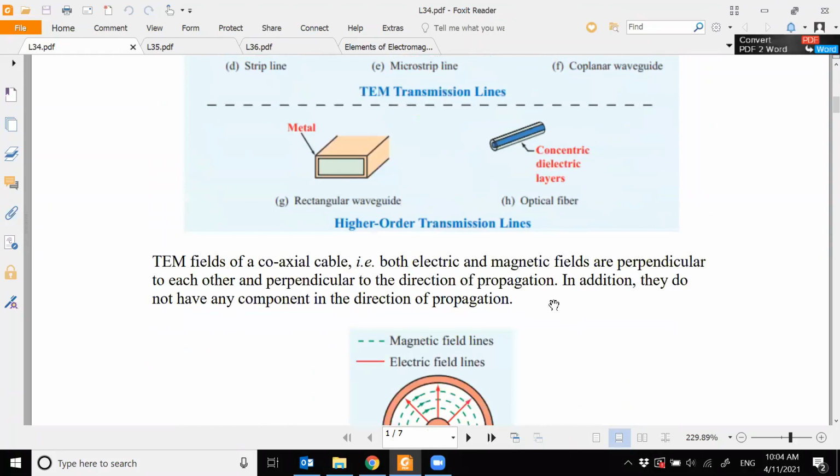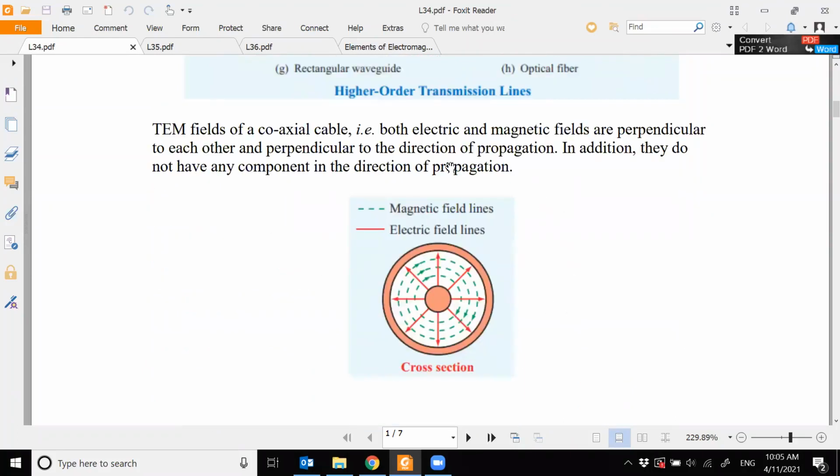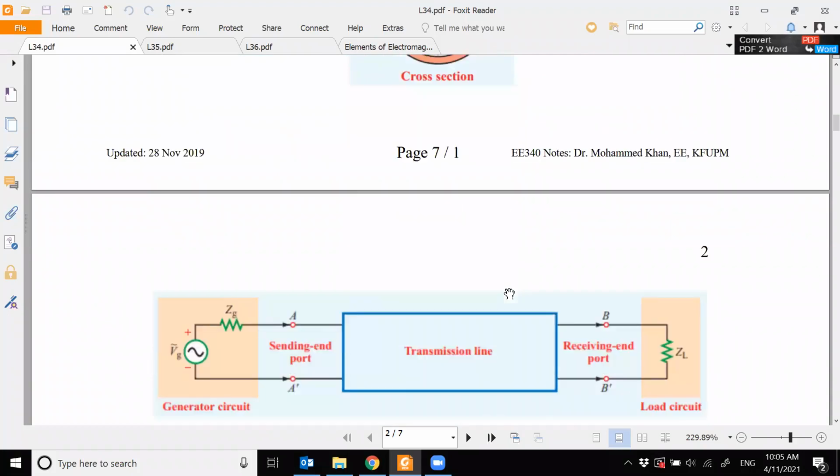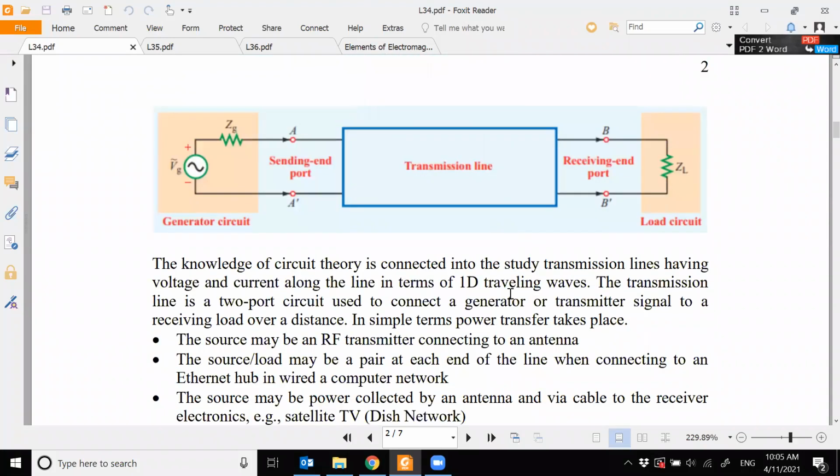And I gave a very nice example of the coaxial transmission line, and how the electric and the magnetic field can carry the electromagnetic energy. However, as I discussed, for a very simple type of transmission line, we do not require to go into the electromagnetic theory. And therefore, we tried to use our circuit theory with some